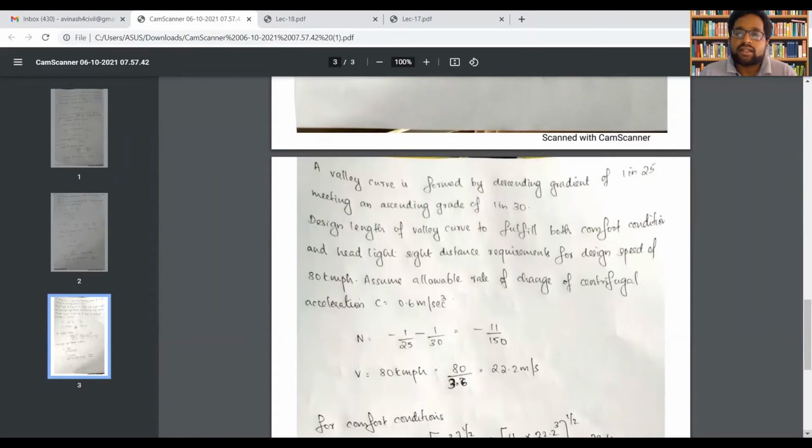Design the length of valley curve to fulfill both comfort condition and headlight sight distance requirements